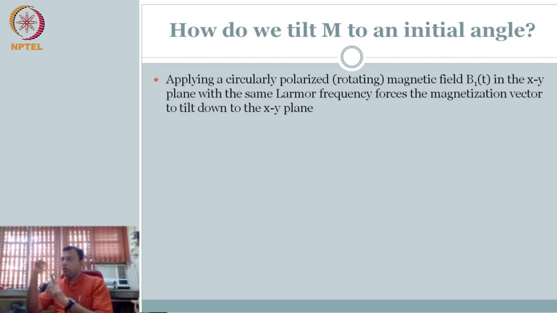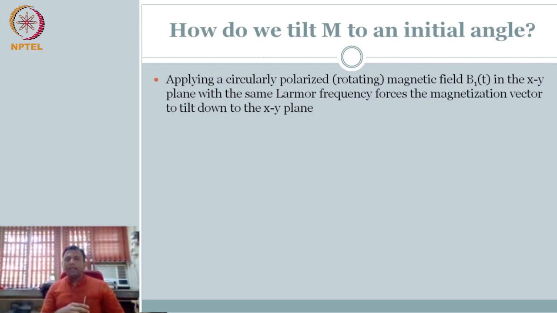So if you already have the magnetization vector precessing around, right? So you have it like this along the z direction, around the z axis. If I just apply one field to push it to the floor, this cannot happen. So we talked about how to do this. You have to go along with the precession. So you have to apply this field so that it also goes around, right? That should also have the same frequency. Only then you can constantly push it down. So that is the intuitive process.